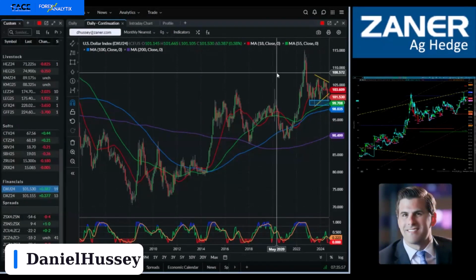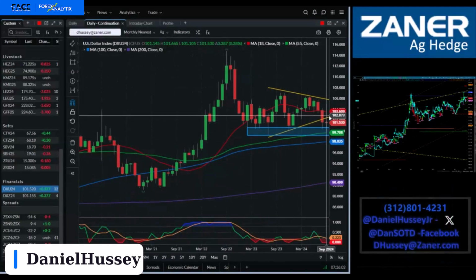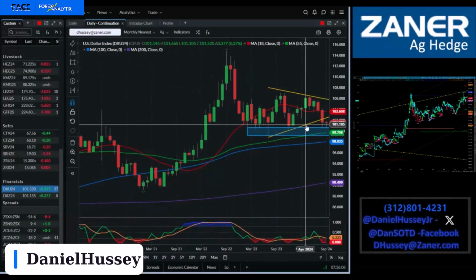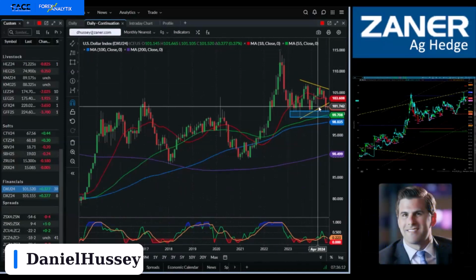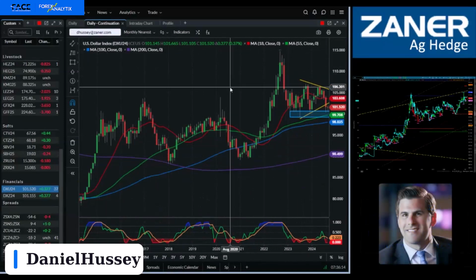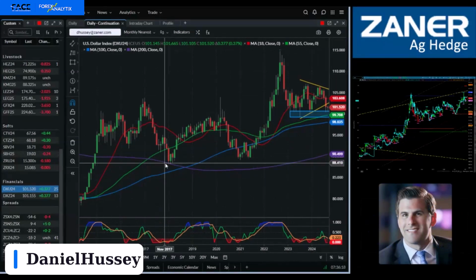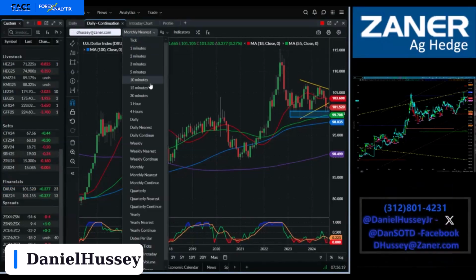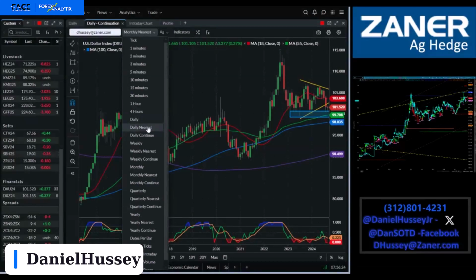The major question we have right now is this breakdown below this trend line support, right? Is this enough of a break to say, hey, we're going to test this low and start another trend lower? Because if you break this 15 to 20 point range, you're back into the old 5-year range for the dollar, and you could unwind back down to that 200 month and the old lows around 90. Nice, just back to where you came from, right?